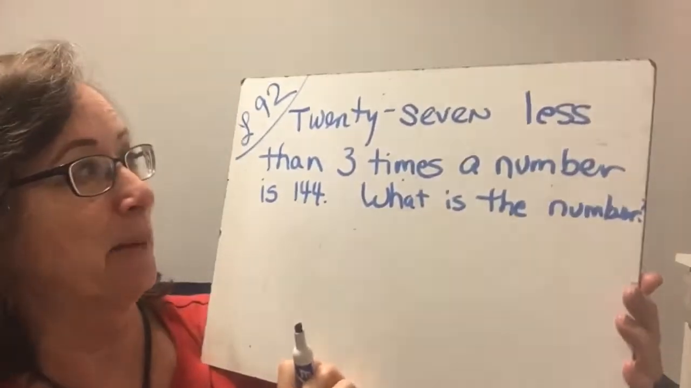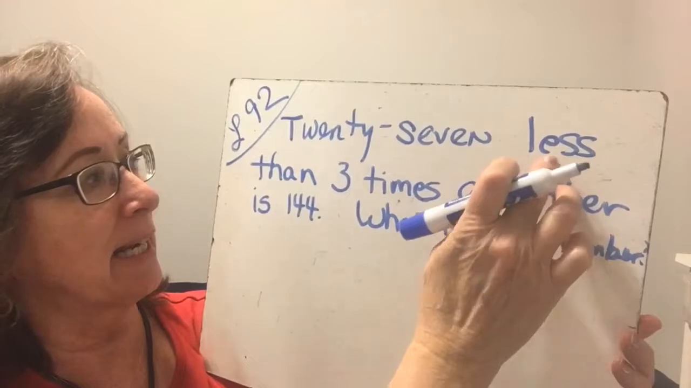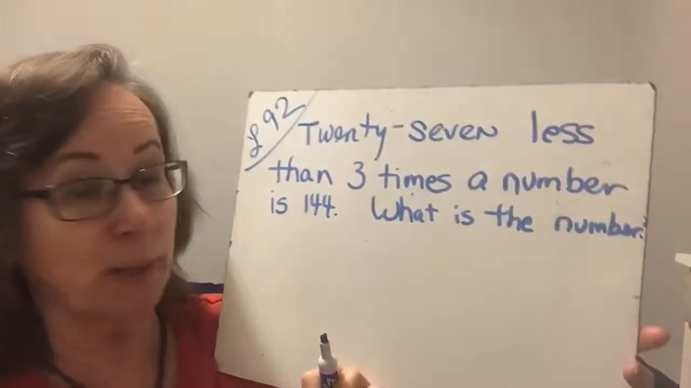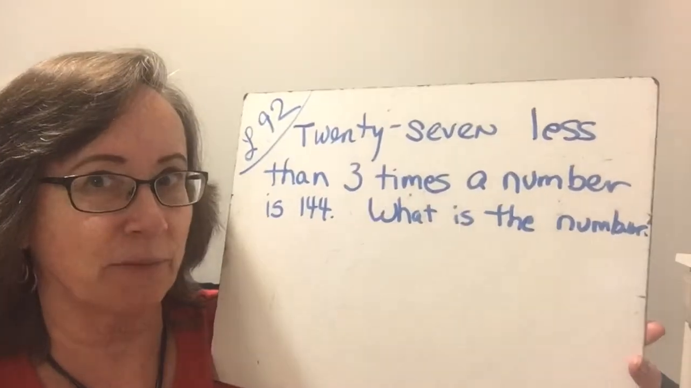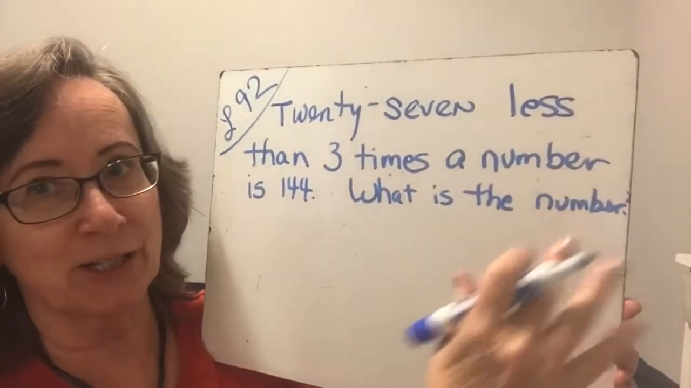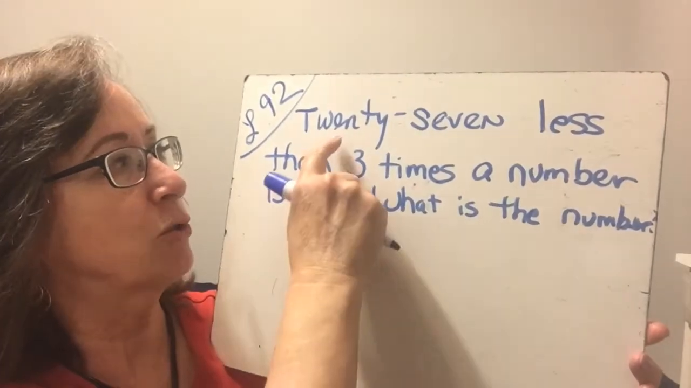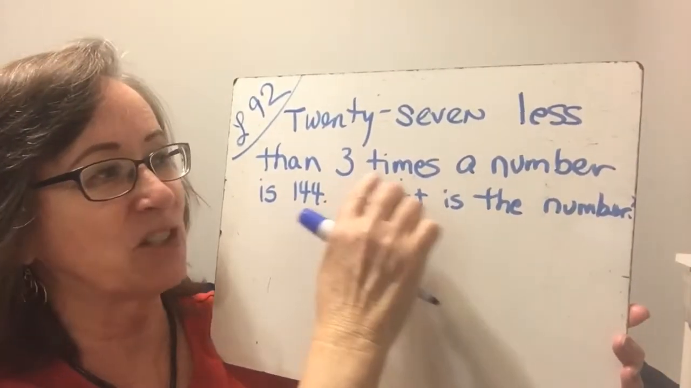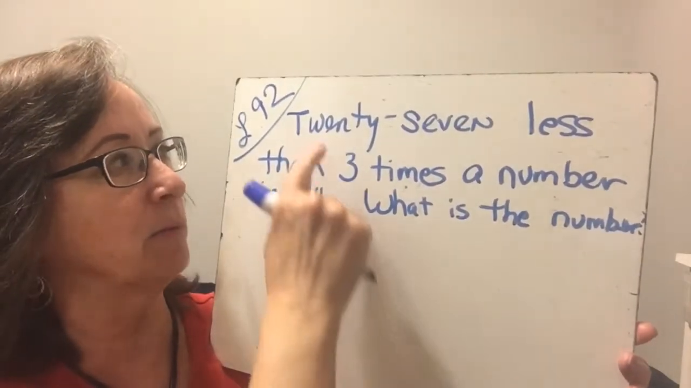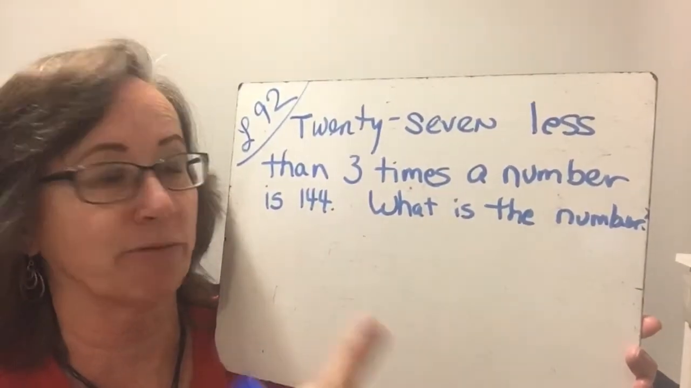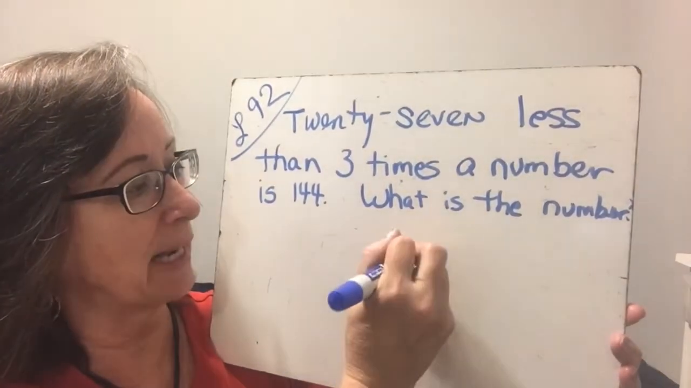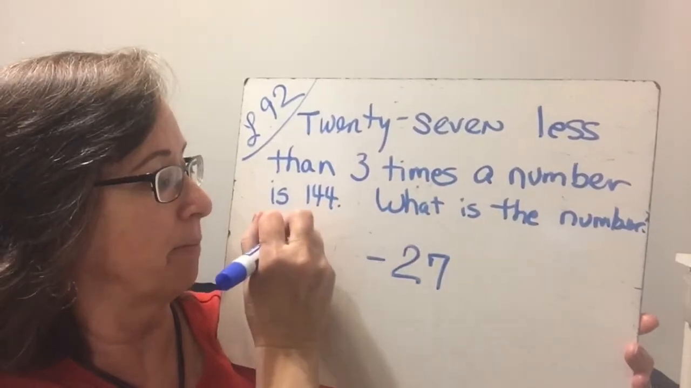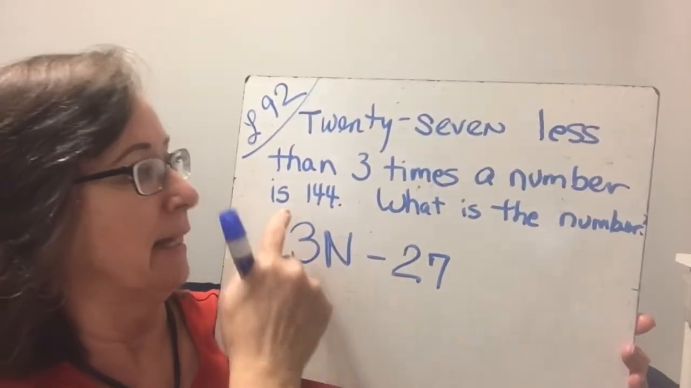Okay, this is example 2. 27 less than 3 times a number is 144. What is the number? Okay, so first we express our words into an equation. Now, 27 less than 3 times a number. We're going to start with 3 times a number, and we're going to take 27 away from it. So 27 less than always goes at the back. 3 times a number would be 3n equals